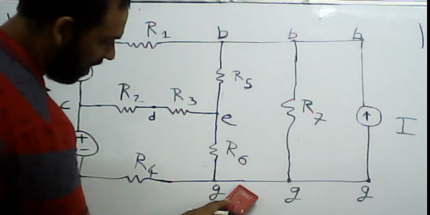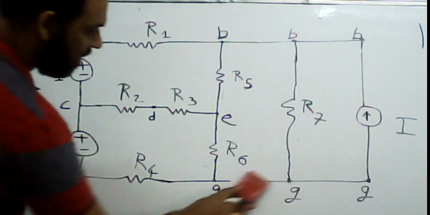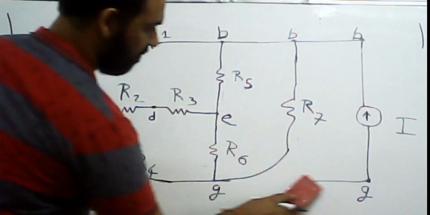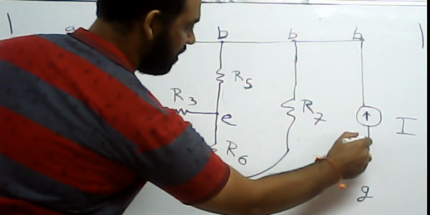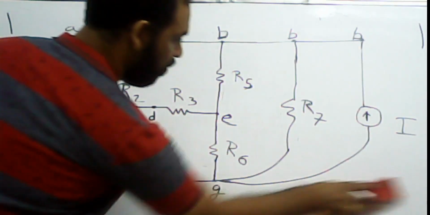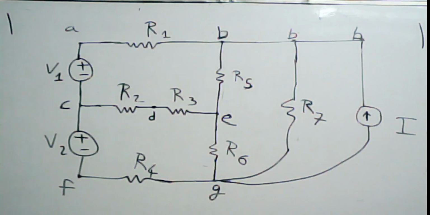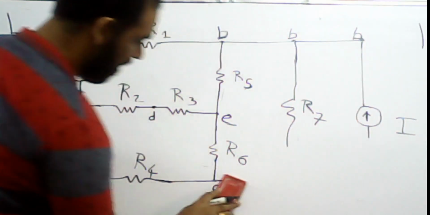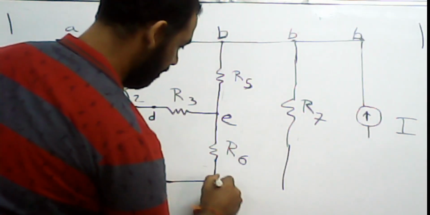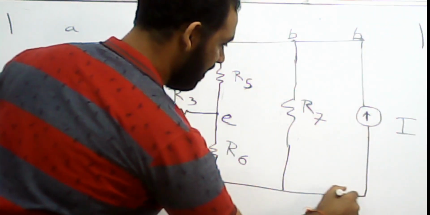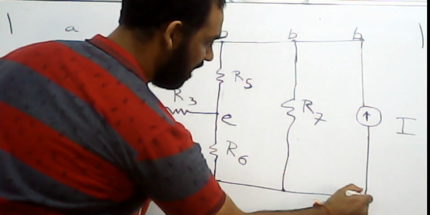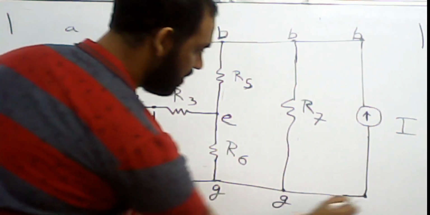For convenience we have drawn it like this. You can also draw it like that. See, in this way. Here also you can draw it like this. Then you can remove this, and you don't have multiple different nodes. I have drawn it like this because it looks much better. But this does not mean that these are different nodes. This node and this node are not different. They are the same node, which is G.